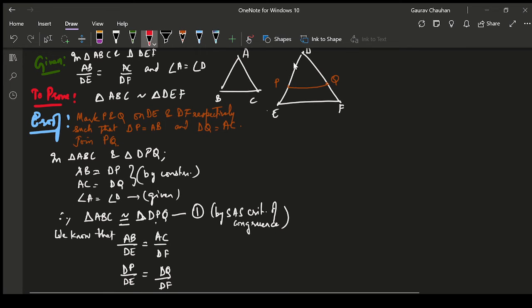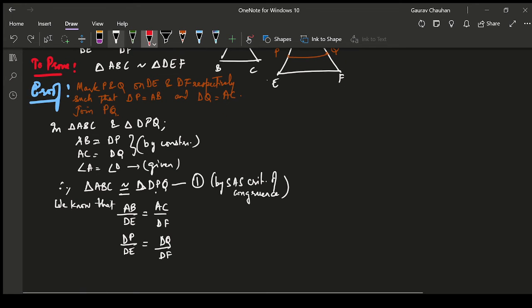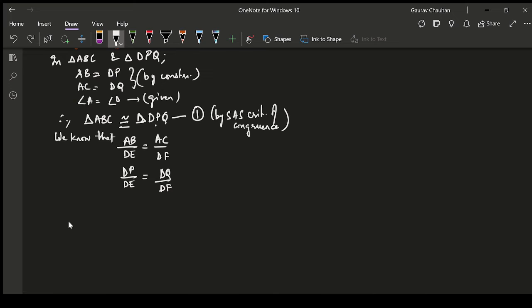So I am right now at this by this is equal to this by this. Now I'm going to change it in a way that I can use the converse of basic proportionality theorem, just like I did in the last proof, which is I want to get to this by this. So I am going to take reciprocal here, reciprocal on both sides.